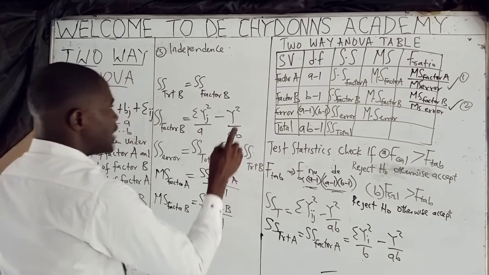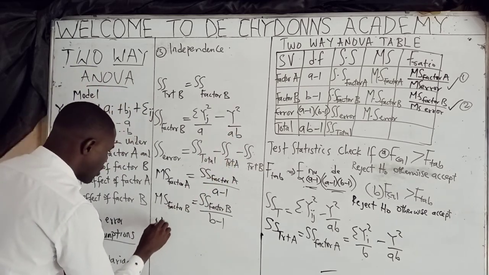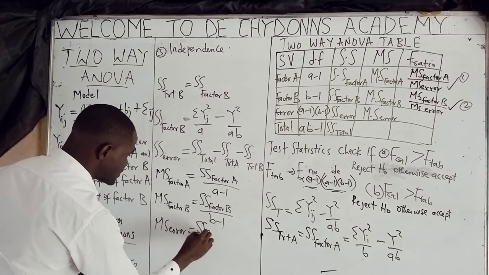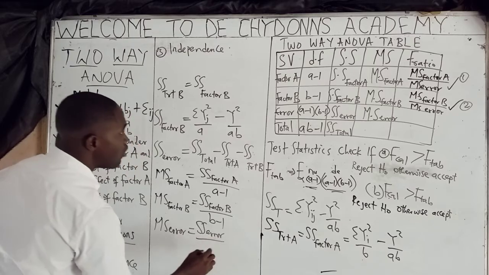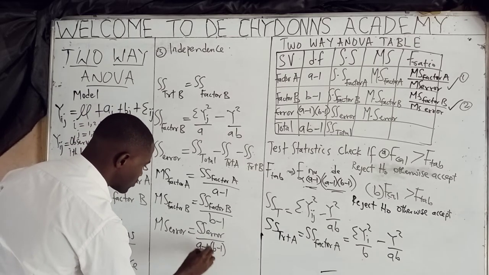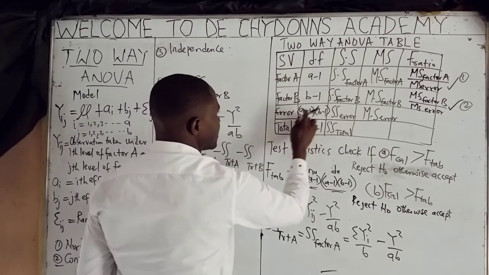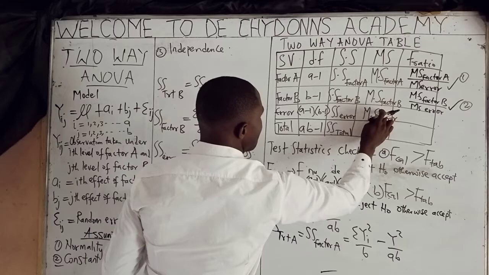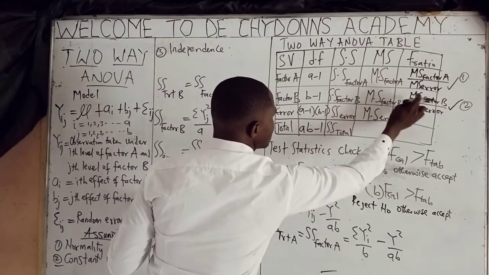Okay? Then MS error is equal to SS error all over A minus 1, B minus 1. So this over this, this over this, this over this, then this divided by this divided by this, you get